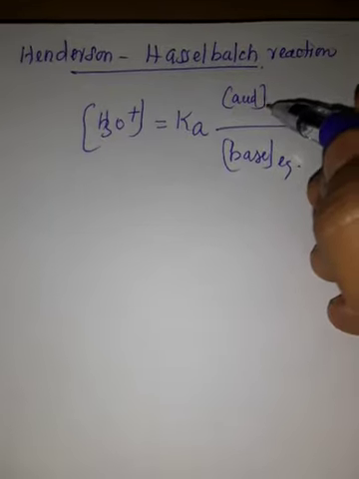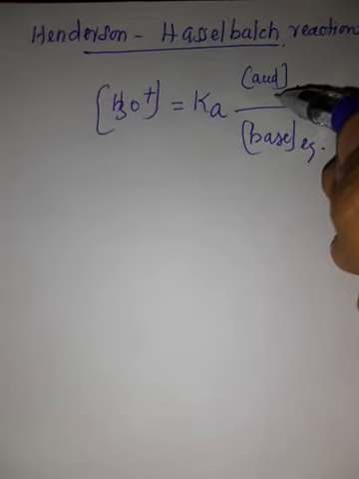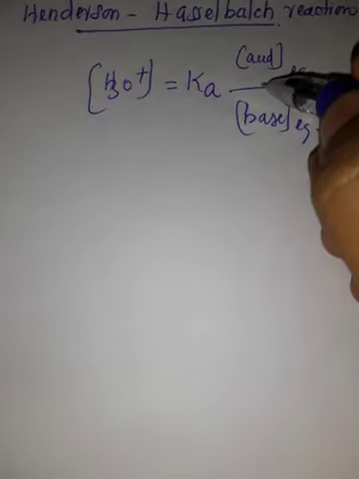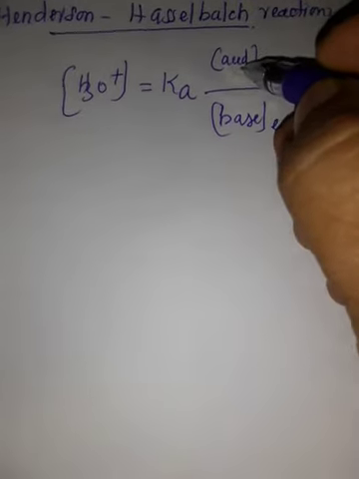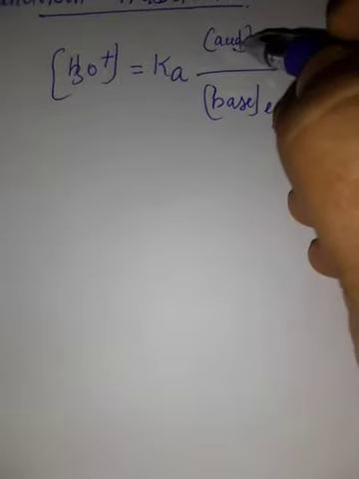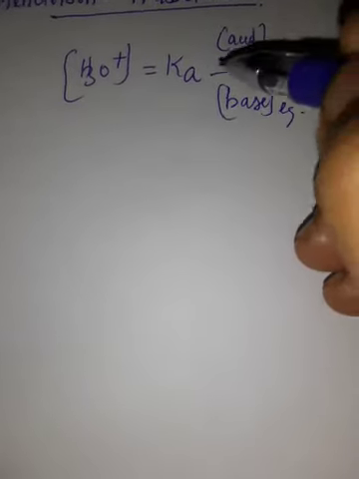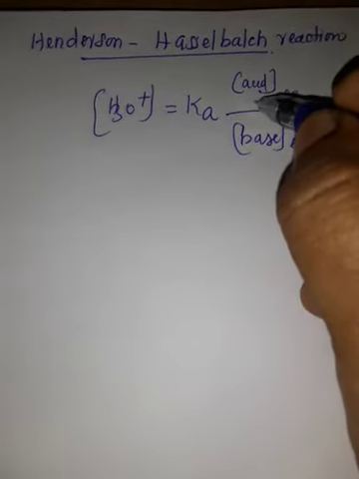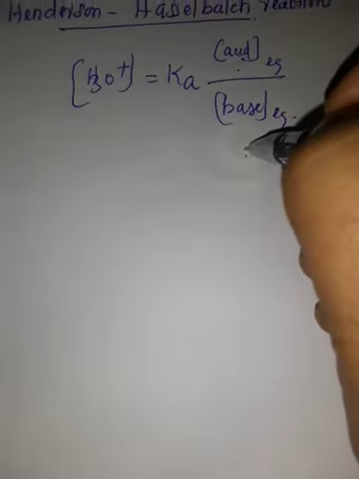Here, the weak acid, we already know, is dissociated only to a small extent. So due to the common ion, the dissociation of the acid is further suppressed, and hence the equilibrium concentration of the acid is nearly equal to the initial concentration of the undissociated acid. Similarly, the concentration of the conjugate base equals the initial concentration of the added salt. So here, acid concentration and salt concentration represent the initial concentrations of the acid and salt respectively.